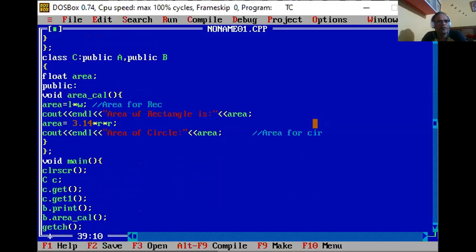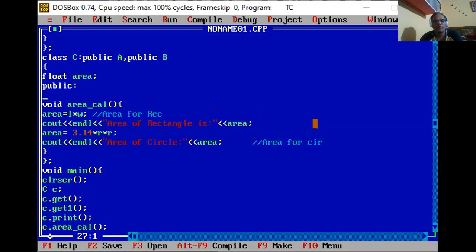And now here we have to declare one more method, print, and that method prints length, width, and radius. So here you can use void print.